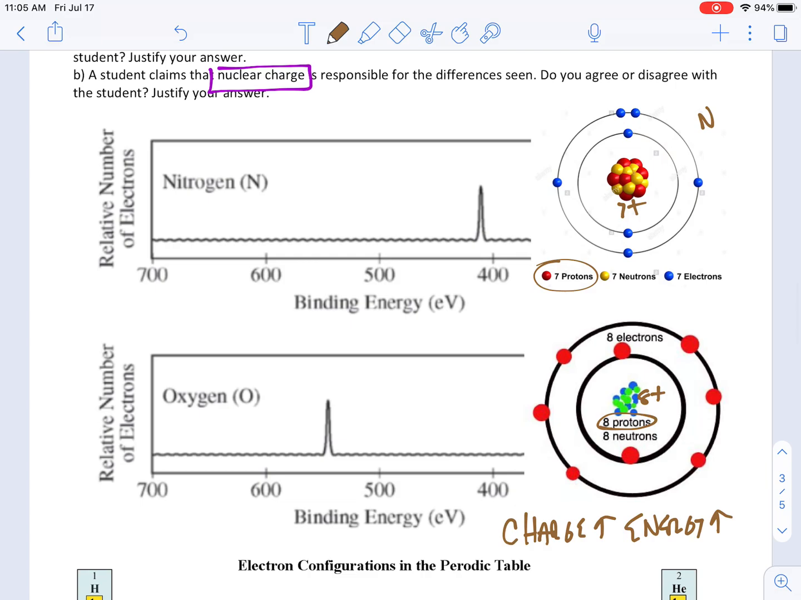Because these guys have similar amounts of shielding, and we're talking about the inner 1s2 electrons anyway, it doesn't matter. Oxygen has more protons, so it is totally justifiable that oxygen is going to have more energy because it has 8 protons versus nitrogen, which has less because it only has 7 protons. So that one can absolutely